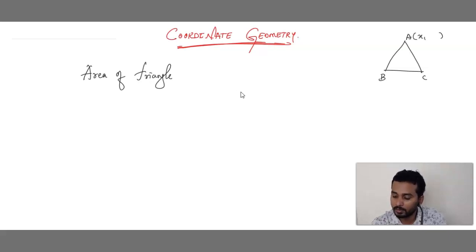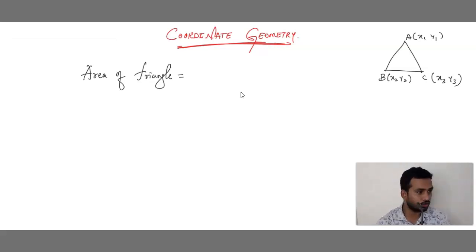for example A (x1, y1), B (x2, y2), C (x3, y3), when they have given the coordinates of vertex A, vertex B and vertex C as (x1, y1), (x2, y2) and (x3, y3), then we are going to use a formula. What is the formula? Observe here. It's very simple. See children, one thing you need to do here, you have to apply the logic. What is the logic? See here.